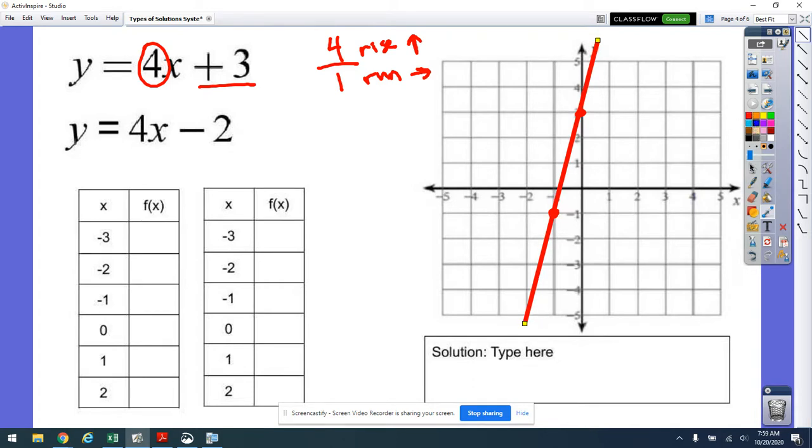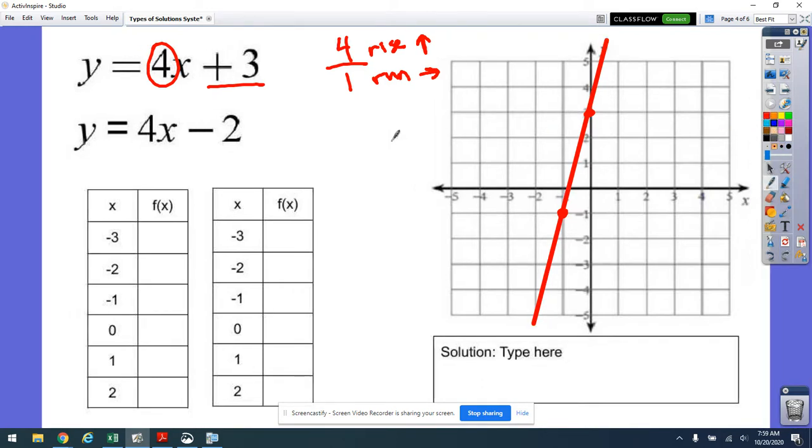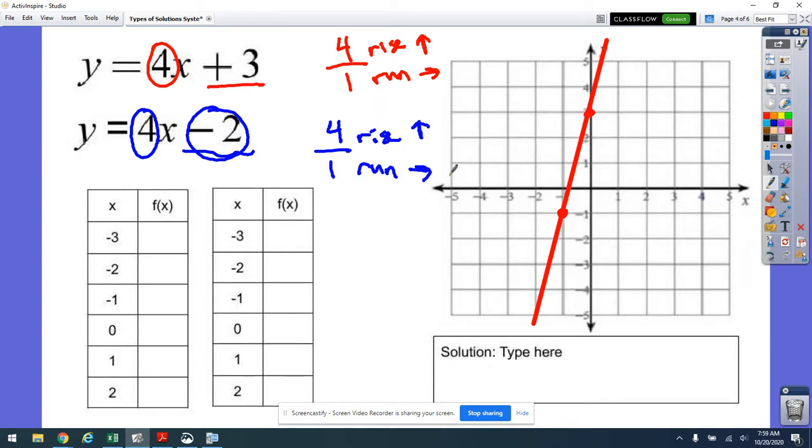Now, what about if I have it for my second one? Take a look at my y-intercept, my little number here. Take a look at the slope. Turn that into a fraction. It's a 4 whole number, so put it over 1. So there's my rise, and there's my run. So what do you notice about the slopes? Yeah, so if you said that they're the same, so that's going to play a part in identifying what type